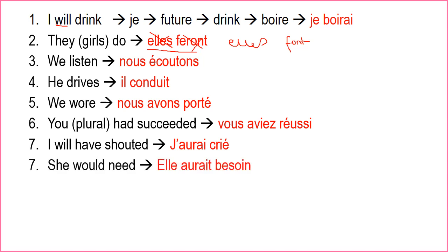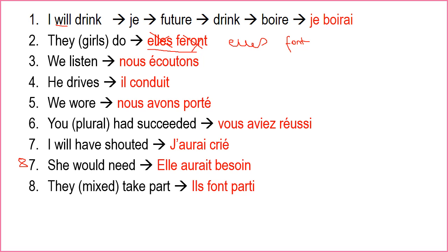I'm not sure what is wrong with me. I blame it on lockdown. That's number 8. She would need is elle aurait besoin. This one was more difficult because when you looked up the verb need, you will have found that they say avoir besoin, so you would have had to look up avoir. So really well done if you got that one. It was difficult. Number 9,